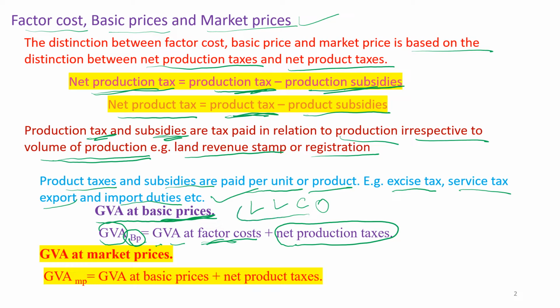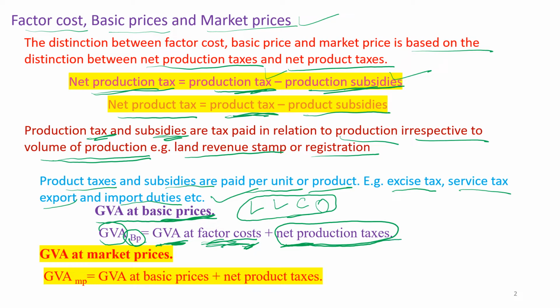Whatever money you spend on these four factors of production to produce goods, if we consider that cost, then it is called value added at factor cost. To this factor cost, if we include the difference between production tax and production subsidy, which we call net production taxes,